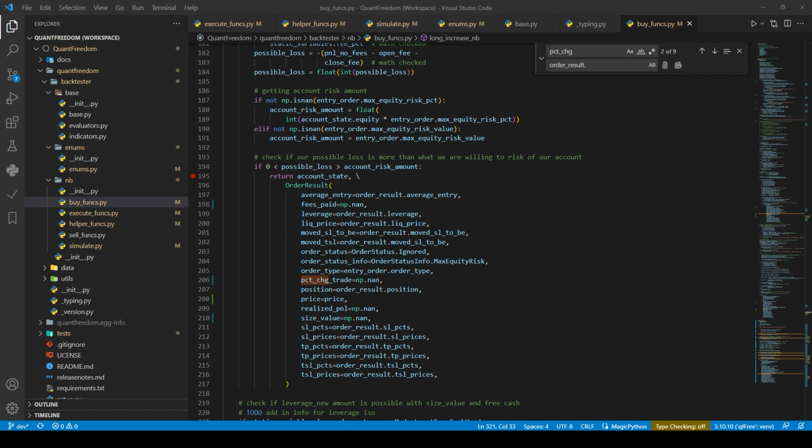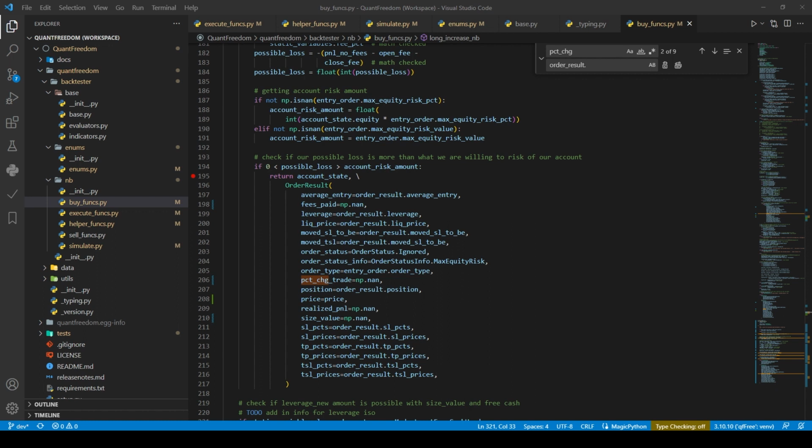How is that possible? Oh, that's because the order result is always going to be 4. So I'm running into the same issue that I had when it comes to this entry is always going to be